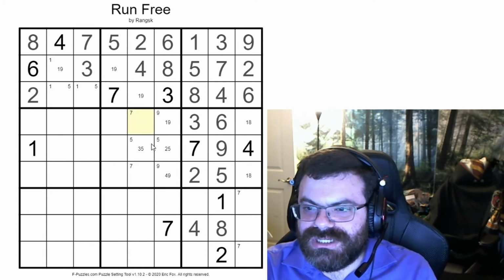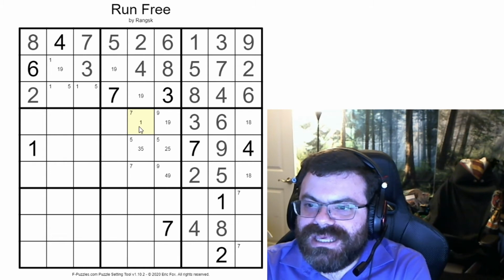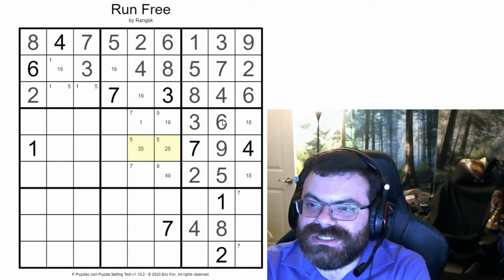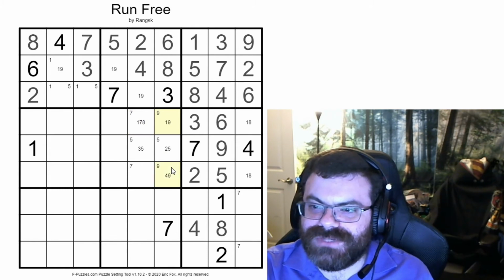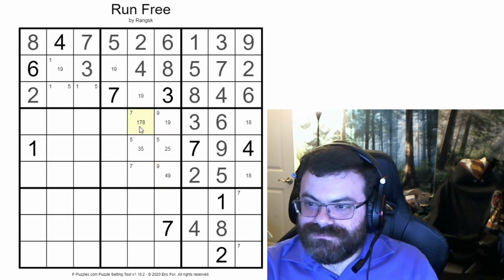Okay, so the next thing I'm going to do is fill in the candidates for this square. So it can be a 1. It can't be a 2, 3, 4, 5, because of the corner marks. 6, can be 7, can be 8, and can't be 9 because we corner marked these. So 1, 7, or 8. However,